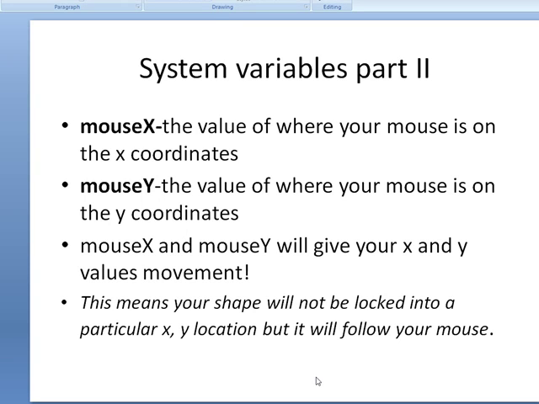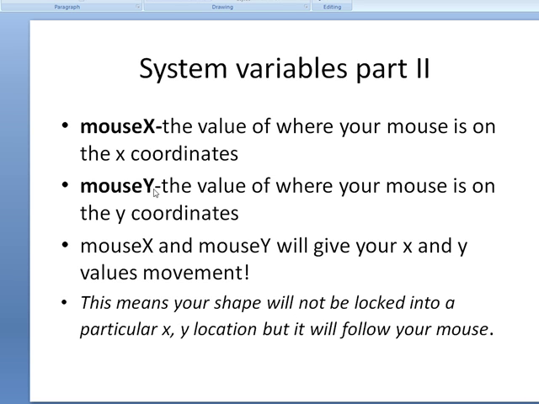So we've already discussed a variable is simply a container that's going to equal a number. And the reason that we use a variable is when we want something that's going to vary, like we're drawing with it. So the x number can't be a static number, it needs to change. So the system variables that we've started working with, besides width and height, but for movement and interaction, have been